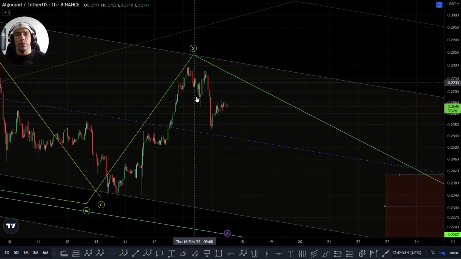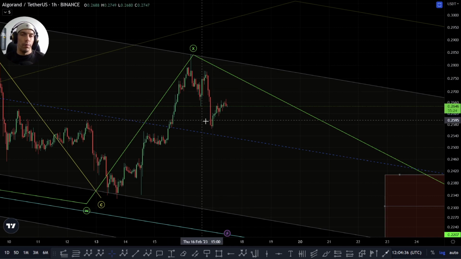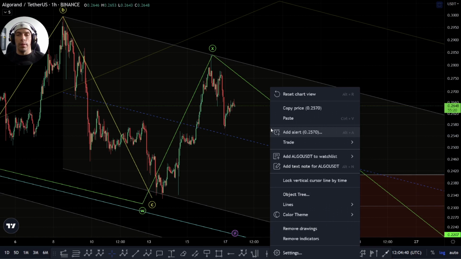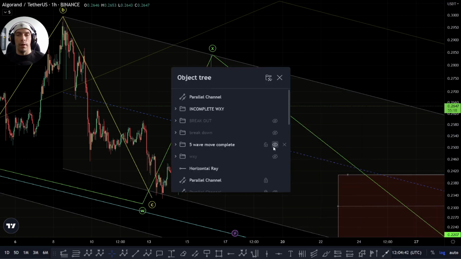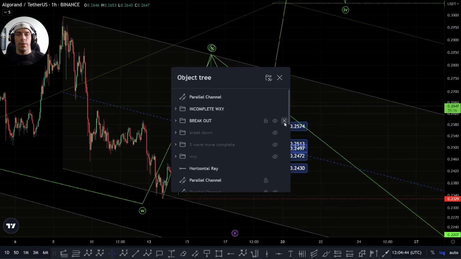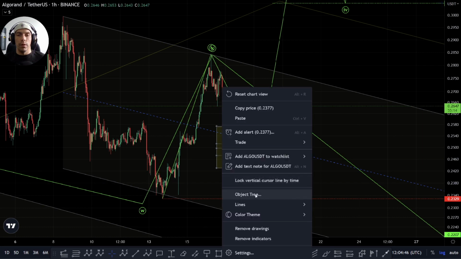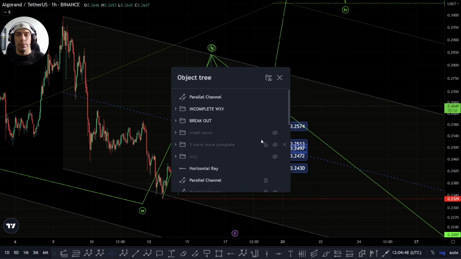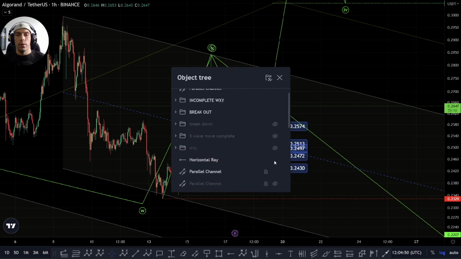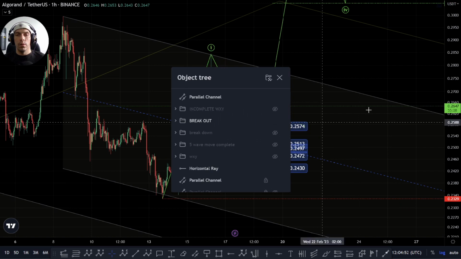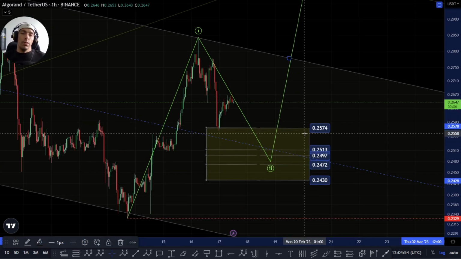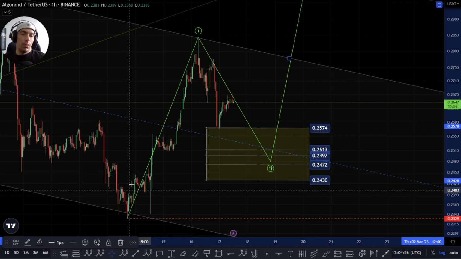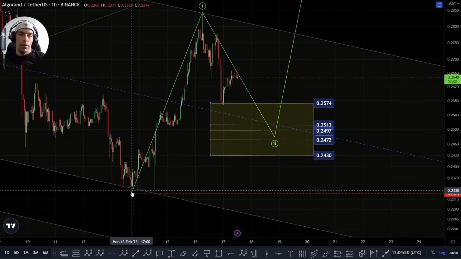At the moment all we have is a 3-wave move, so this could be just corrective, and then we actually push up again. So we're going to go over that potential to push up now. The way I'd be looking at this move, let me just turn this other one off. There you go. So looking at this in isolation, what we could argue is that potentially we have this as